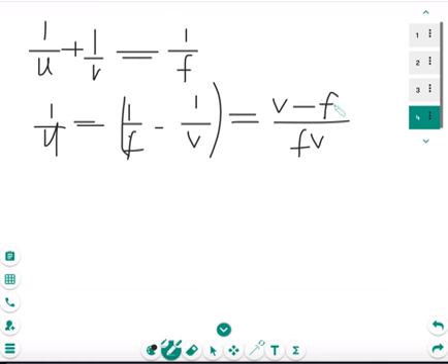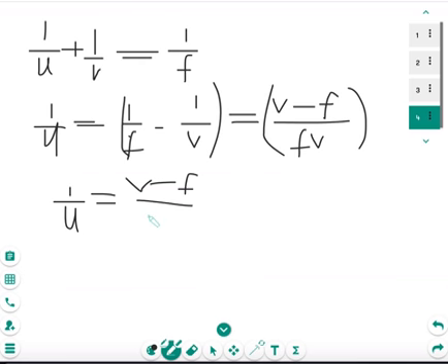So now you put it into one form, one term in the equation. So you have 1 over u is equal to v minus f over fv. You can easily use the inverse formula like we used previously, and then you get that this implies